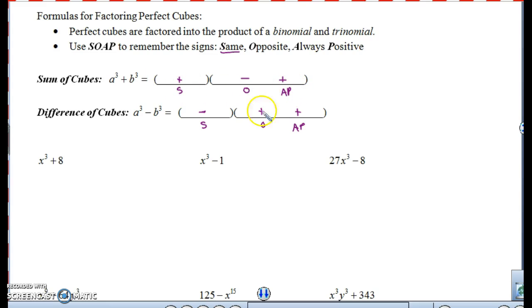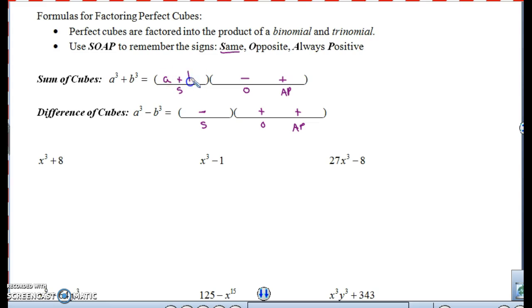Same, opposite, always positive. Same, opposite, always positive. So all we have to do is plug in what goes in each of the places and we know what to do. Alright, now your pattern for your sum and difference of cubes is always going to be